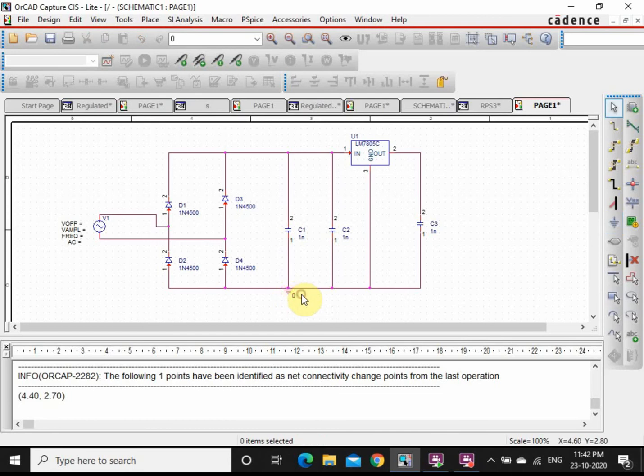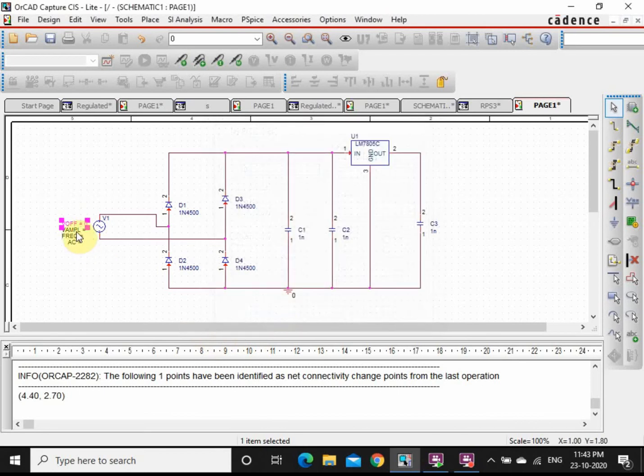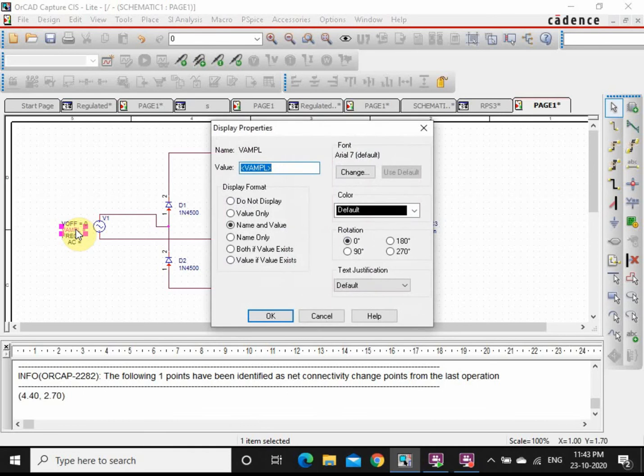Now you have placed the components. Once you place the components, we have to fix the values there. The circuit is over, now we have to give the values. Go to that particular component and double click it. It will ask for a value, give it as 0. Okay. Next is your V amplitude. Go for that. Your value I am going to give as 24 volts.